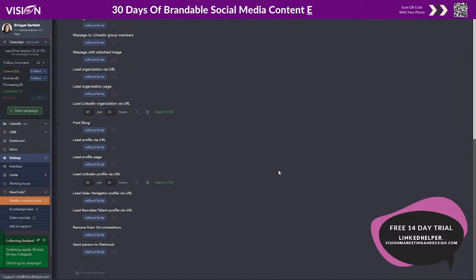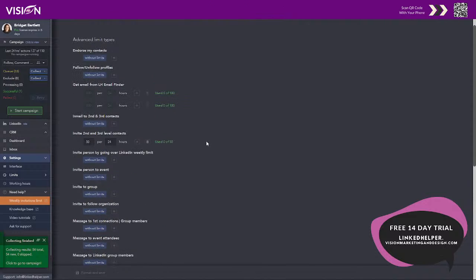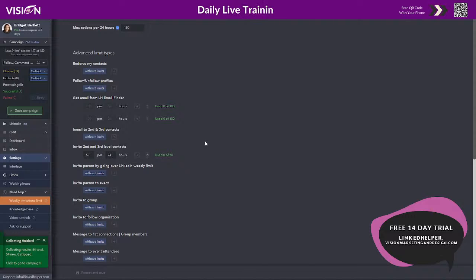I'm really excited about this tool. Linked Helper has been around for more than 5 years, so they're really good about keeping up with the algorithms and making sure that everything you're doing here is within the limits, because obviously they stand to lose their whole business if their tool can't work within LinkedIn's boundaries. So they're trying to fly under the radar. Just know that it does go against the terms of service, but you can definitely use this in a productive, quality way that is not spammy. It will definitely save you a lot of time.